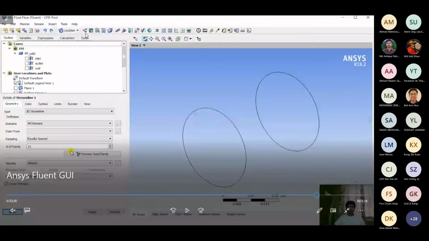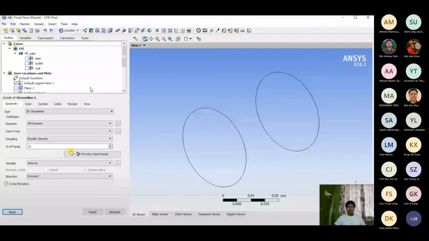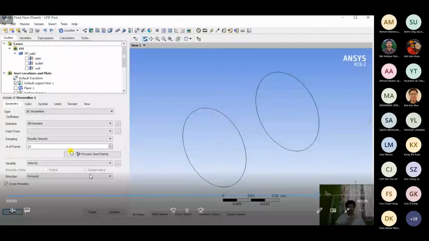Either you can use the contour option, where you have to select the surface on which you want the contours, or you can define the surface and change the color of that surface itself from the properties. Either way is feasible. For streamlines, we will just follow this option where you click on streamlines, and the details of the streamlines are shown below. You'd change it to inlet, specify the number of points, that is 100, and apply. Basically, these are the number of points through which your streamlines will be calculated. So these are the fluid points.